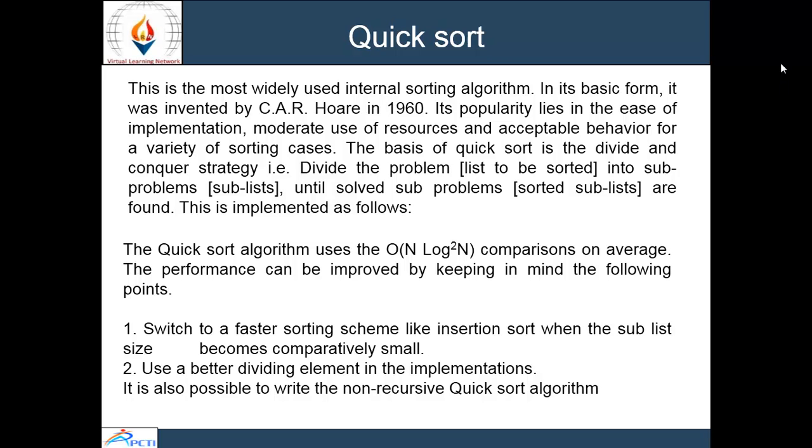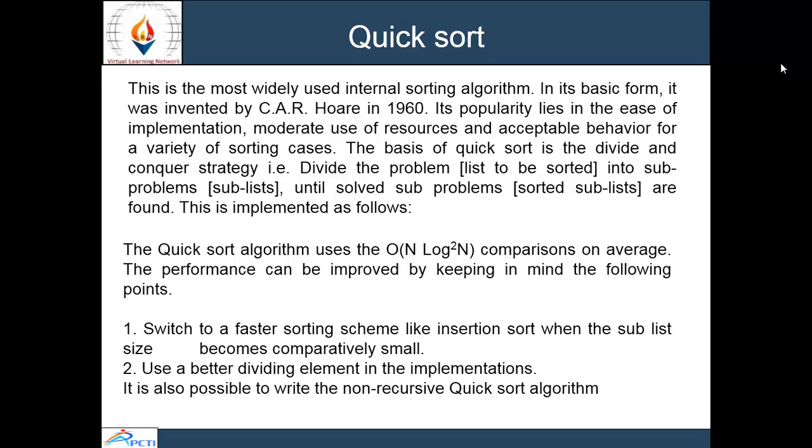Quick sort is basically based on the divide and conquer technique. It is an internal sorting algorithm, and in the case of quick sort, the process is, firstly, if we have a total of 5 values, then we will select the first value as a pivot value, and we will compare the first value with all the remaining values. The values which are less than the pivot will come to the left side of the pivot, and the values greater than the pivot will come to the right side of the pivot.